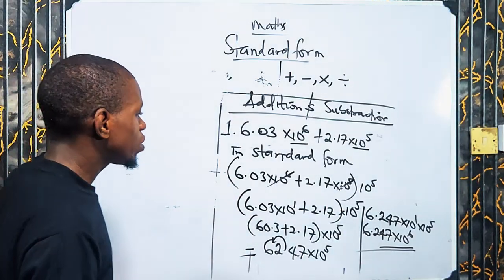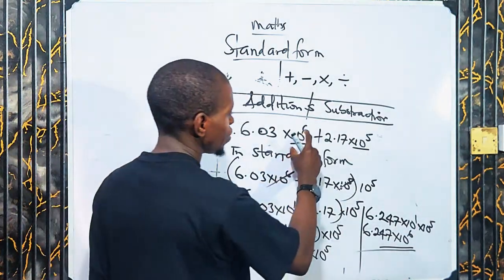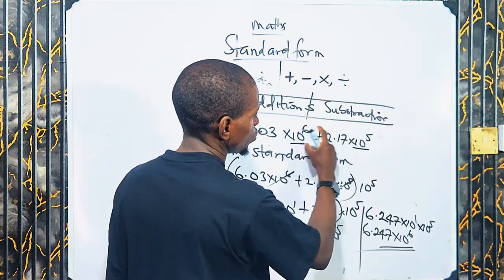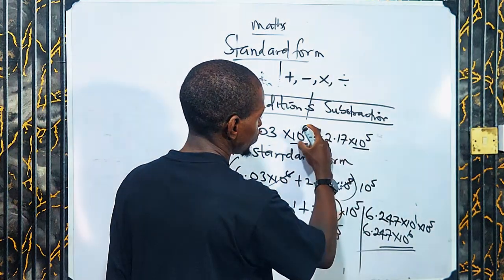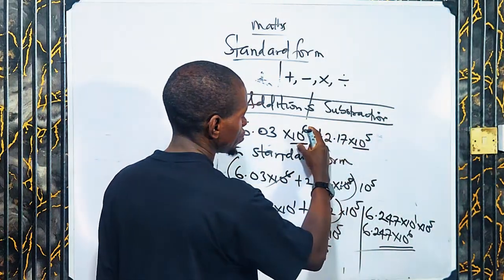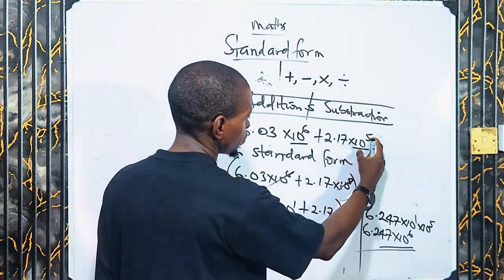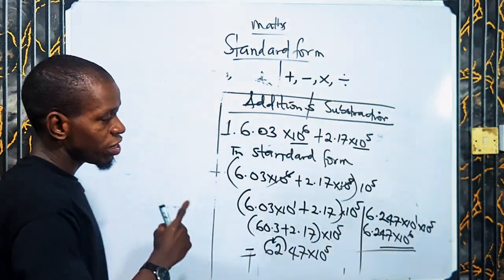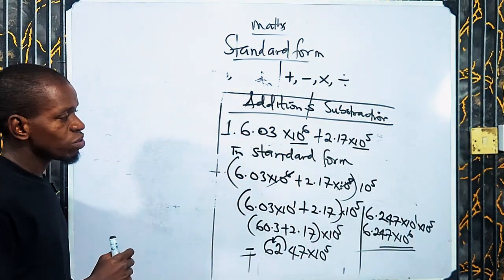So how do we make both of them to be the same? It is either you make this 10 to the power 6 to be the same thing with 10 to the power 5. Like this place will be 10 to the power 5, and here will be 10 to the power 5. Or you make here to be 10 to the power 6 and here to be 10 to the power 6. So that's what the rule says. But let's make the first one,